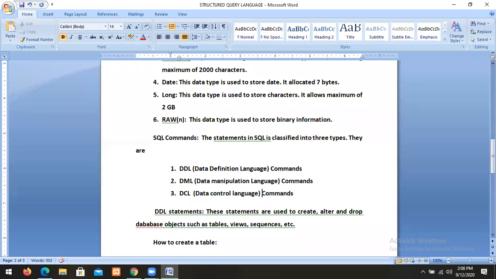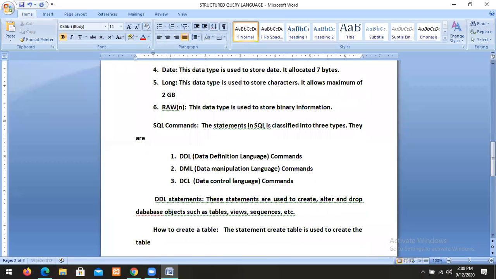How to create a table? What is the syntax to create a table? The statement create table is used to create the table object. The syntax of